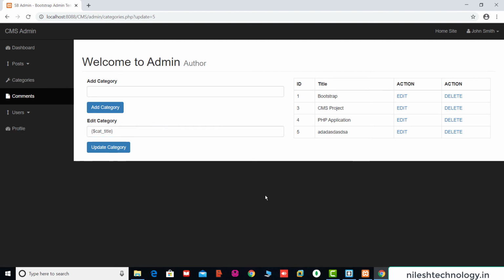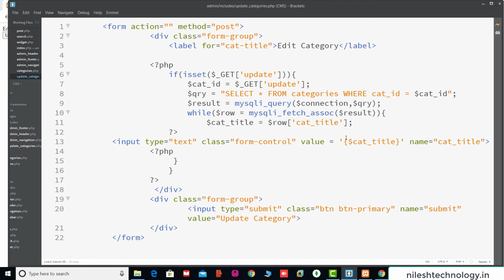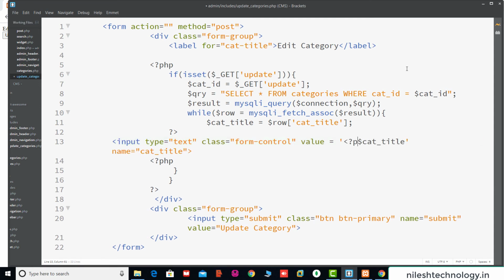Now here we use the if statement. So here we use the PHP script and print this echo. Save.